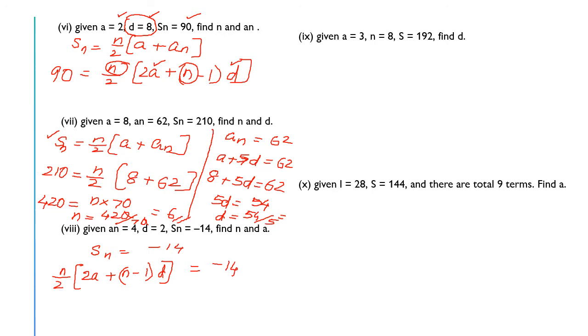Now we have to substitute all the values. N we don't know how much it is. A we don't know. We have only d here. Now how are we going to substitute the values? Last term we know. If we take the other one also, we don't know a, we don't know n. Again we have two things which we don't know. Understood? So instead of that, what is given we'll see. An equal to 4 is given.